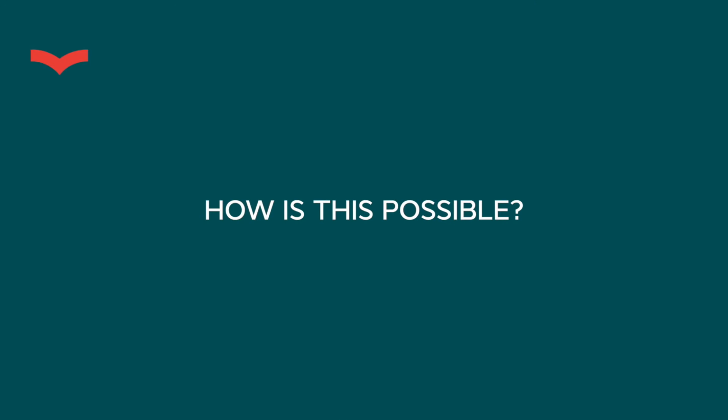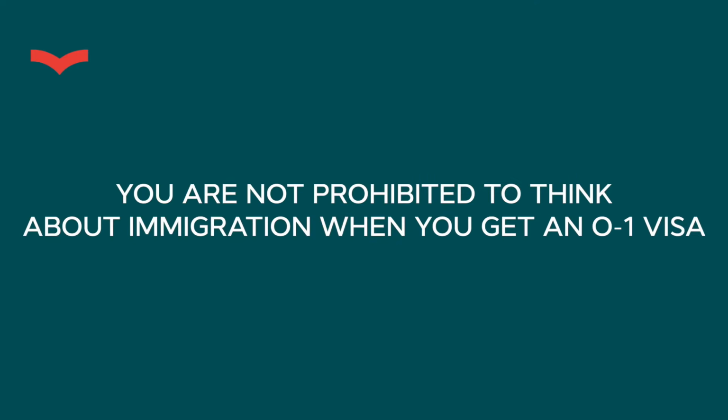How is this possible? The O-1 visa is a dual intent visa. What it means is that by getting this visa, you are allowed to think about immigrating. You are not prohibited from thinking about immigration when you get an O-1 visa. Getting an O-1 visa, you may be thinking openly, yes, I want to get my green card as soon as I can, and you will once you grow your criteria